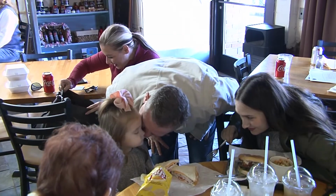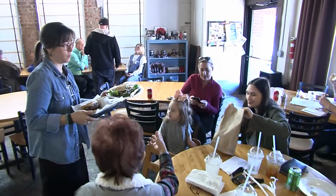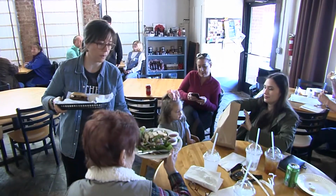Althea means capable of healing. It's from a Greek word that means to heal. And so for our family and for our community, this was a place that wasn't necessarily for broken people or anything like that, but more just a place where we can come together and where people can come in and get a good bite to eat and a good atmosphere and be encouraged. And so that's